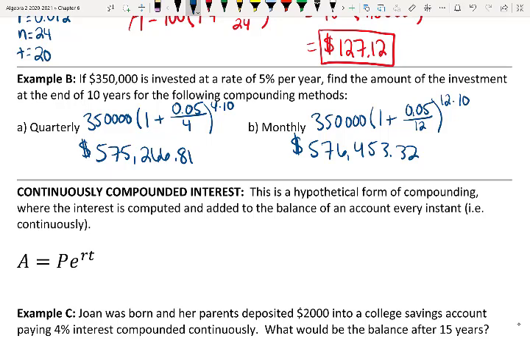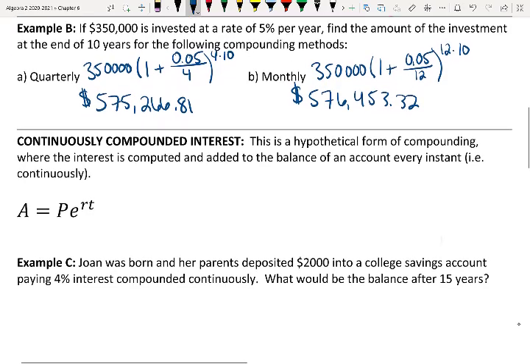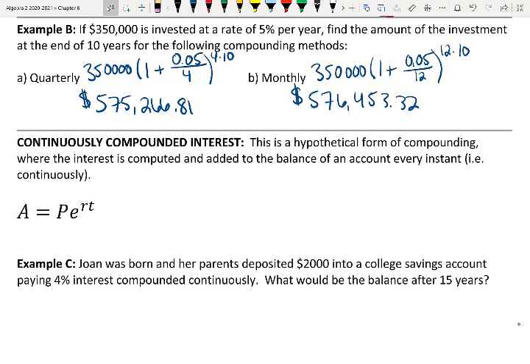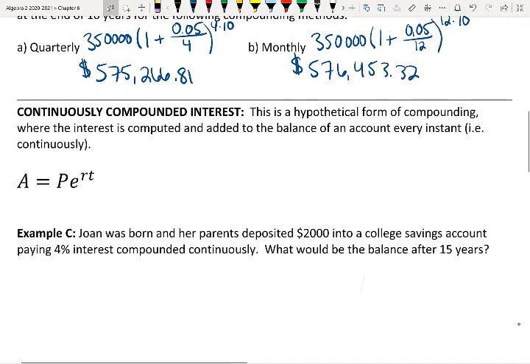We're making over $1,000 more just by compounding that interest more often. So that kind of leads into the next part: if we can calculate our interest more often to gain value more quickly, what's the fastest that we can do that at? What's the best rate that we could possibly get by compounding it as often as possible, which gets into continuous